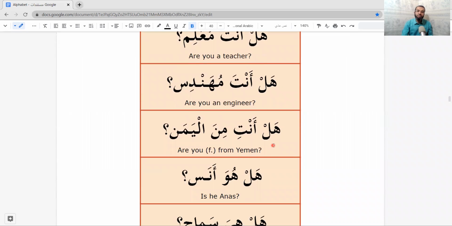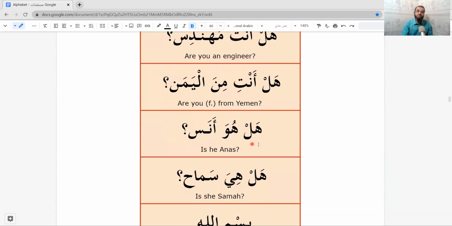The next one. هل. This is أنت or أنتِ? أنتِ, because here the ta has kasra. هل أنتِ مينا. Mina, and we join it with the next word. We say minal. This alif in the beginning of this word is not pronounced. So we say minal Yaman. Are you, for female, from Yemen? هل أنتِ من اليمن؟